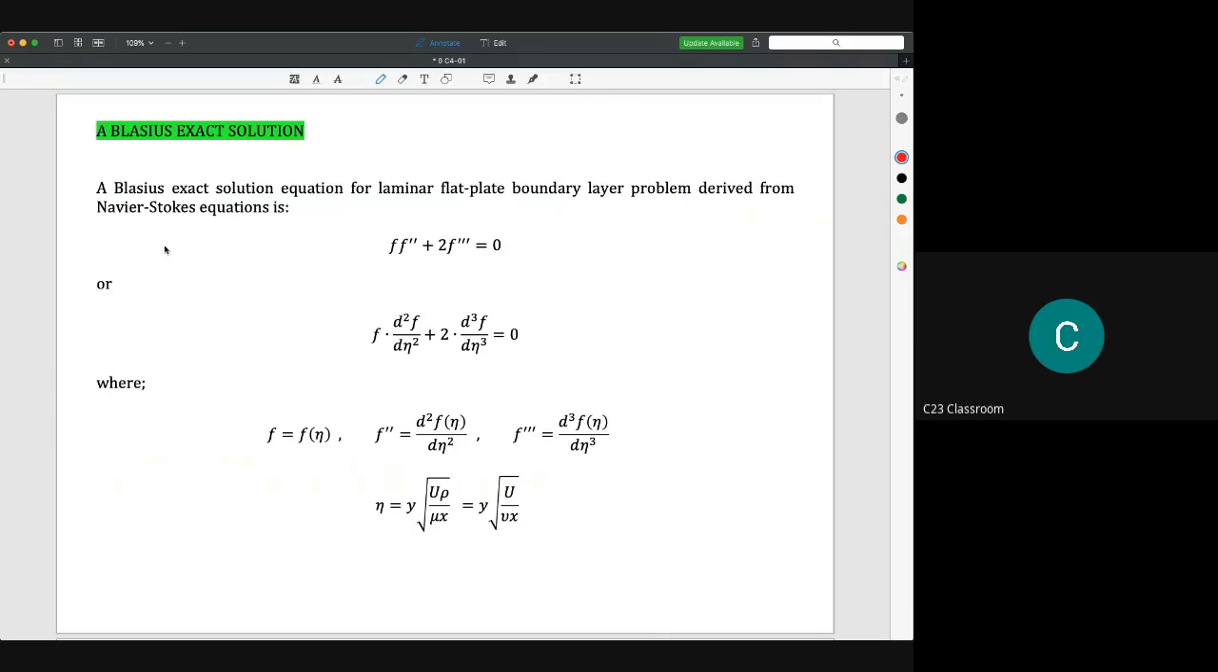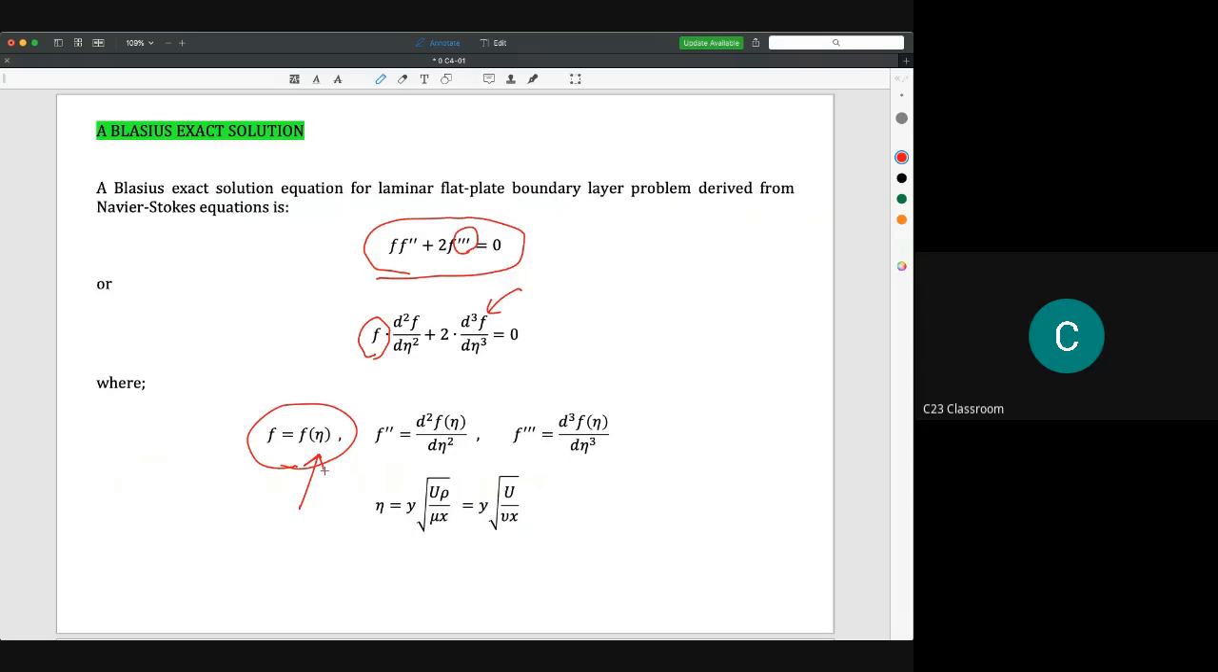Okay, so we simplify this one. The idea is it comes from the Navier-Stokes equation, and it's simplified as f double prime plus 2f triple prime equal to 0. The prime here means the differential. So we have f, and double prime would have d square f over d eta square. We have 2, and triple prime means d cube f over d eta cube, equal to 0. So then what is f? F is actually the function of velocity in terms of eta. Okay, function of means the equation that